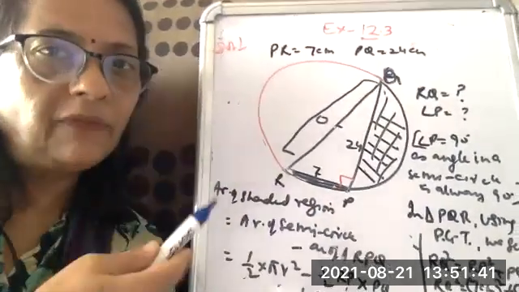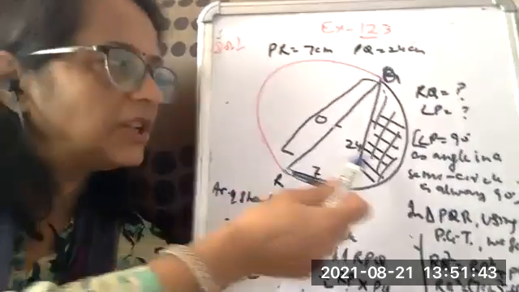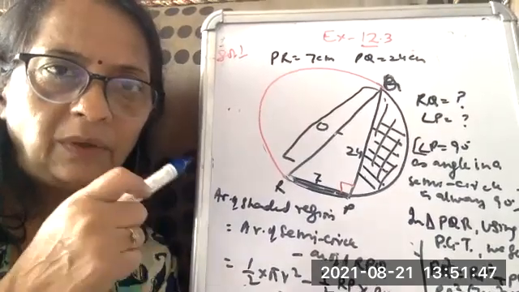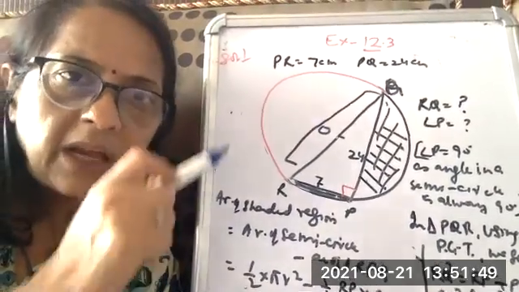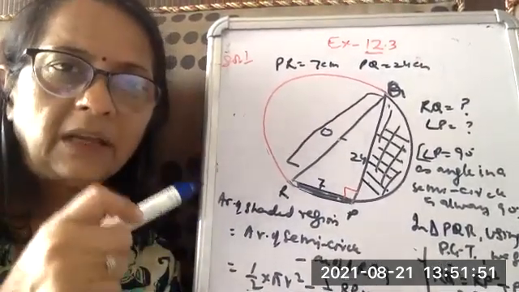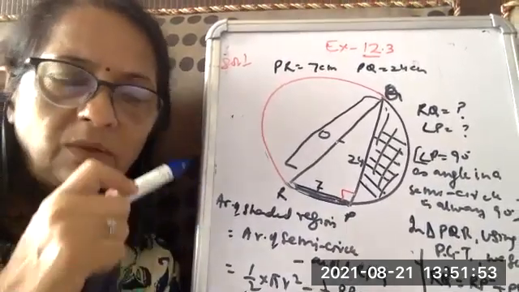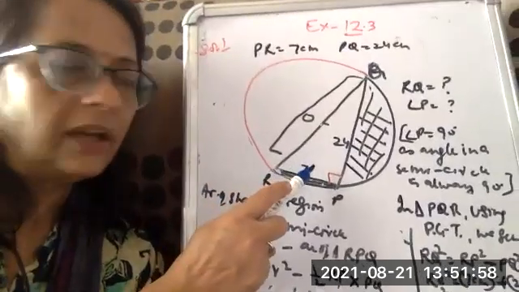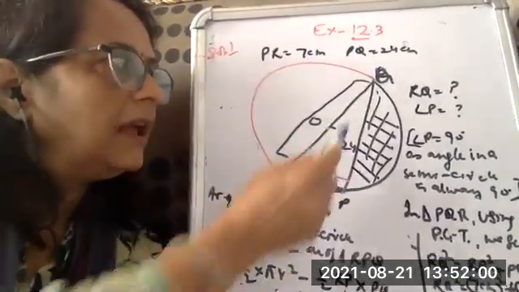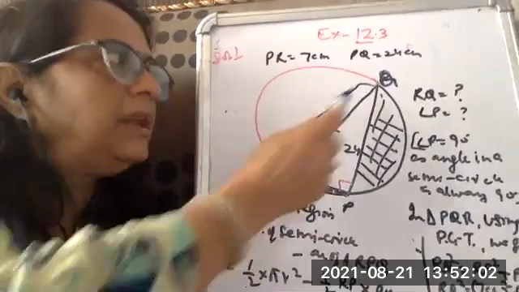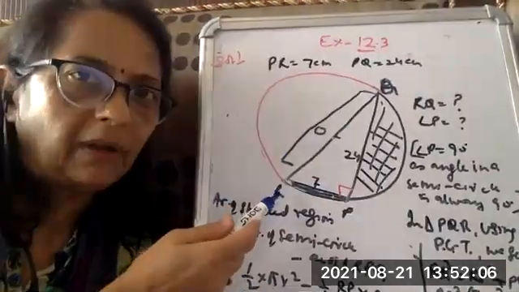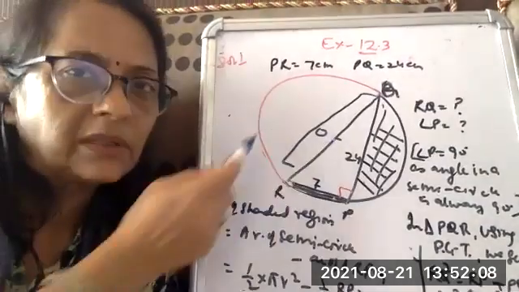So class, what we have to do here? We have to find out the shaded region's area. To find out the area of the shaded region, the concept used is to find out the area of the bigger shape and subtract the area of the smaller shape from it. So keeping this concept in mind, if you look at this figure, we are given this circle, and you can see triangle RPQ is also given, and this is RQ, which is the diameter of the circle because it is passing through the center of the circle.